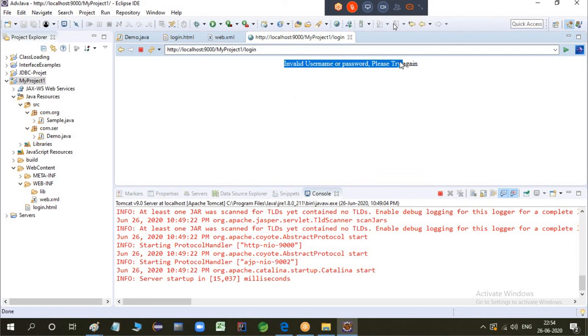I got invalid username and password. Please try again. There is no details attached here. That's the post request. Means the data is attached with the HTTP request body, then going to the server. Okay, not attaching with the URL. Okay, clear about this? So you have to try this in Eclipse.